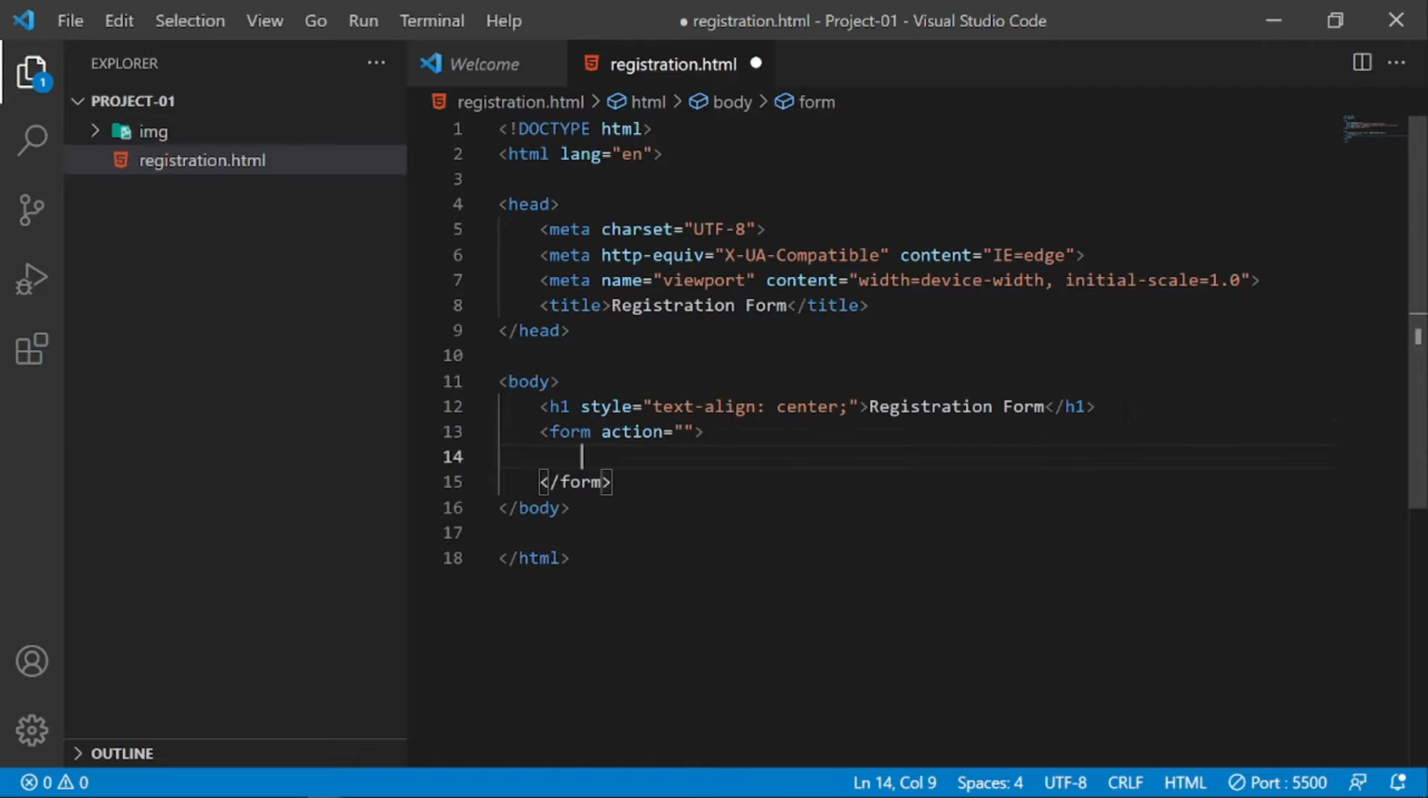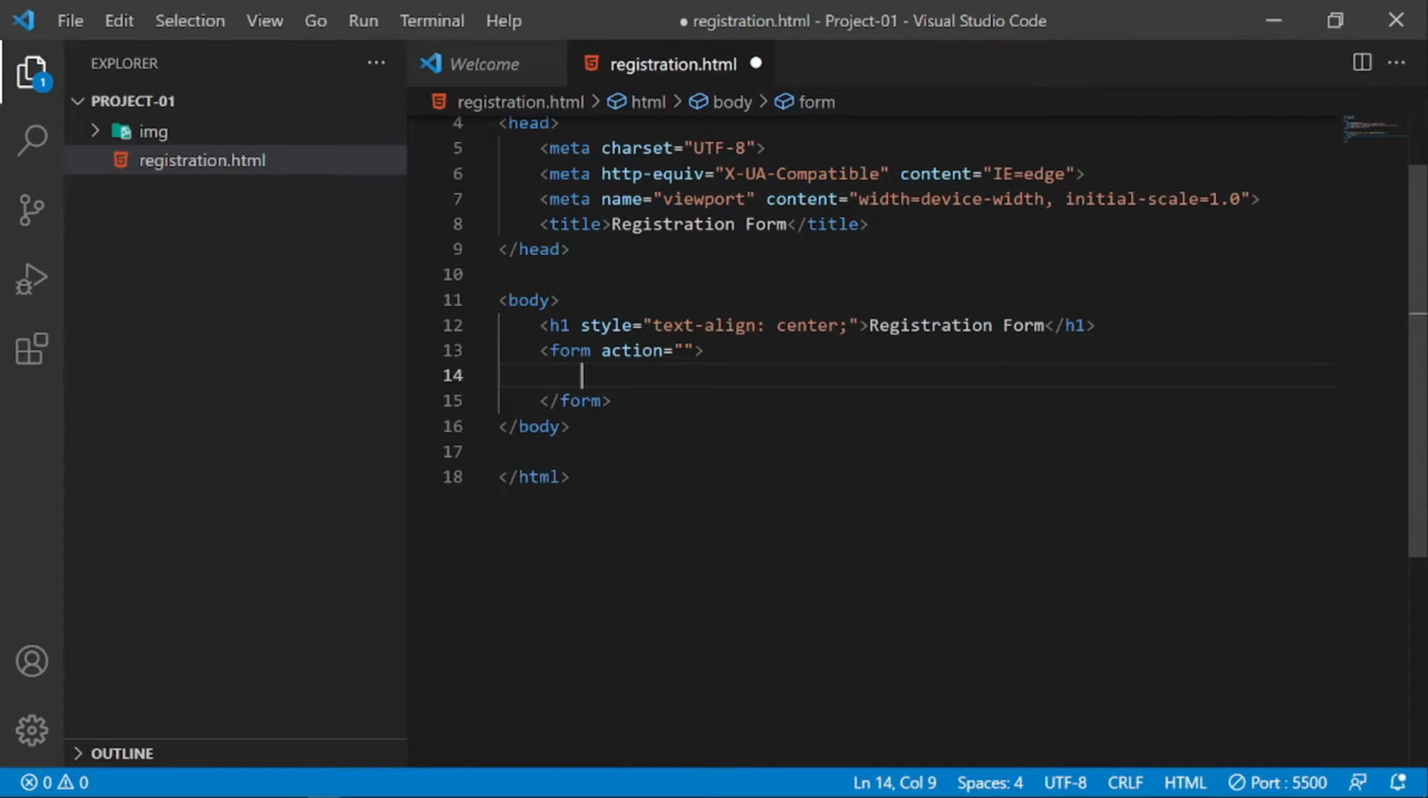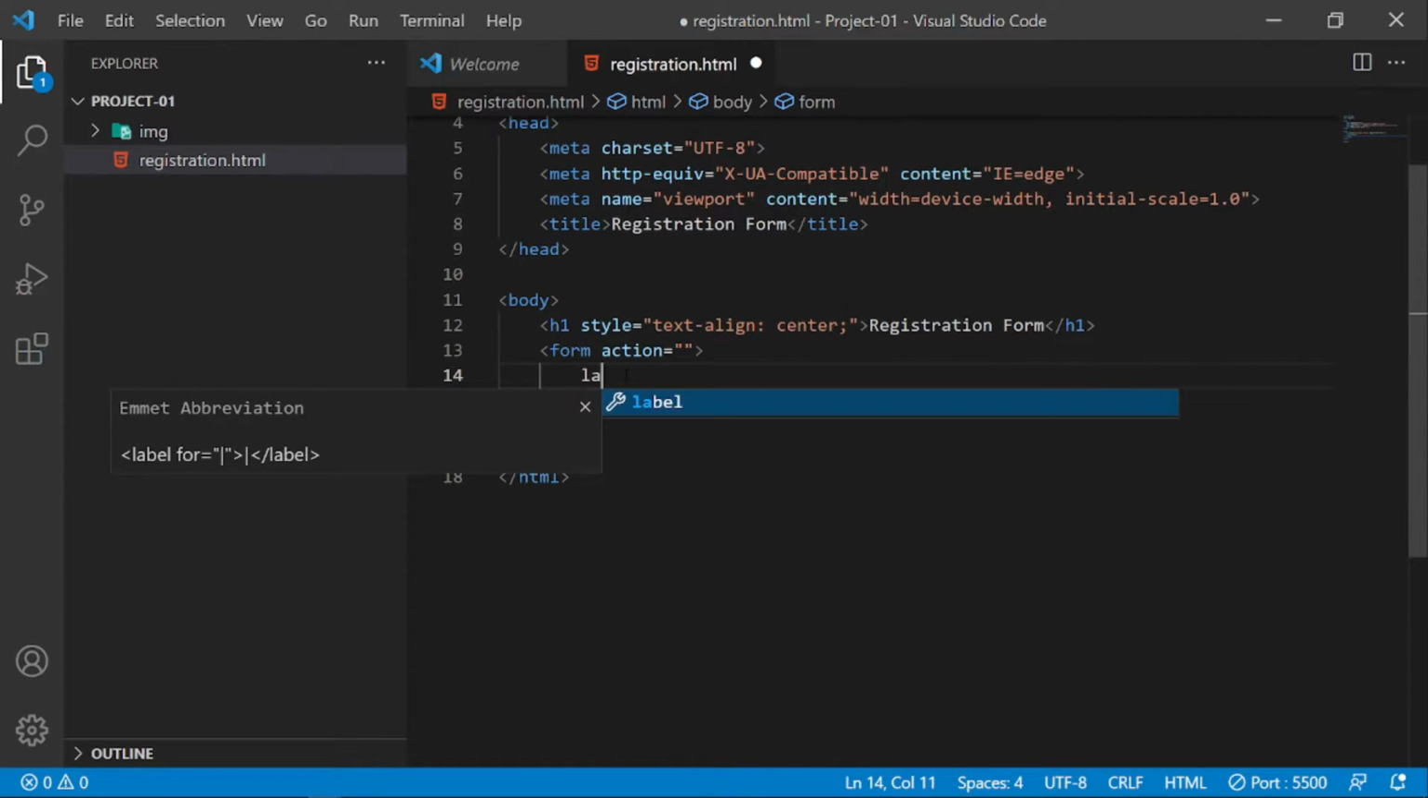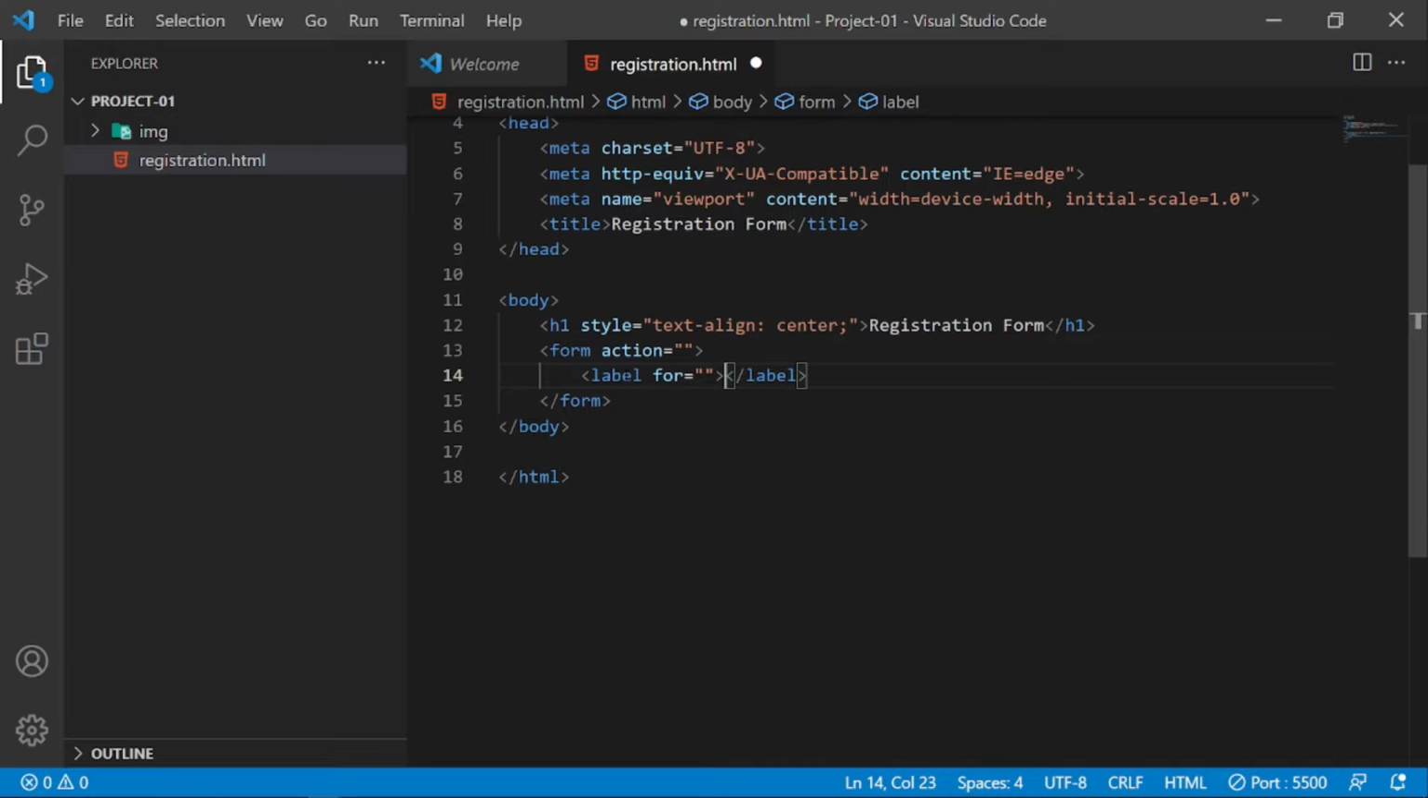Okay, now we'll see this action part later. Now first we'll create a label here, and I'll create a label name as first name here, and for it is like fname, and then I'll be creating an input here,